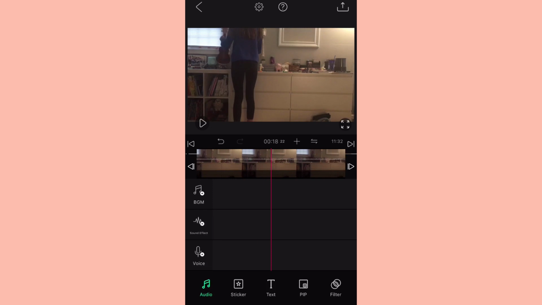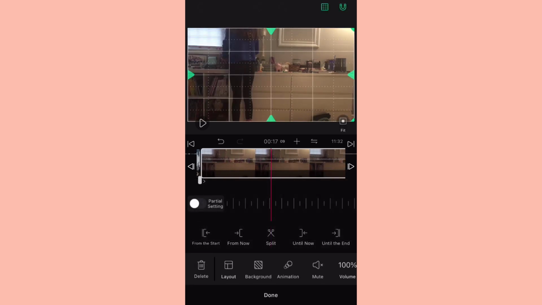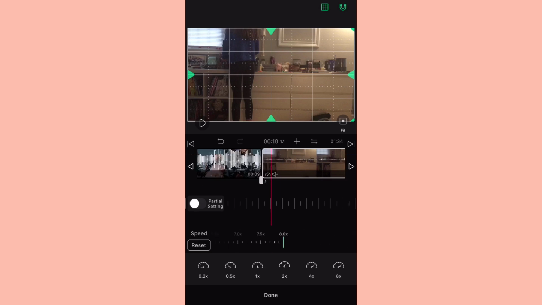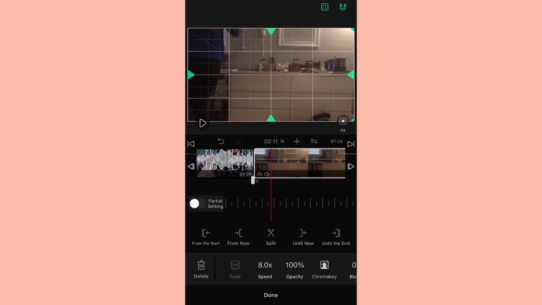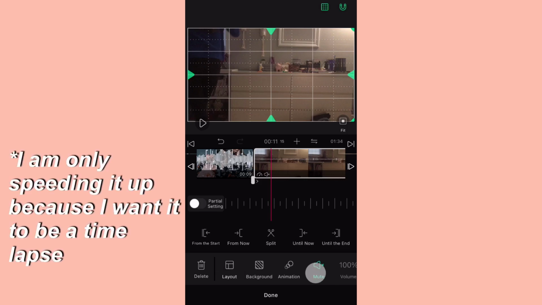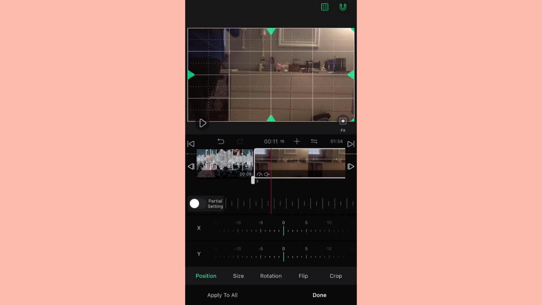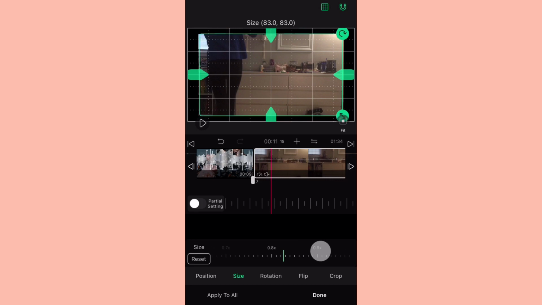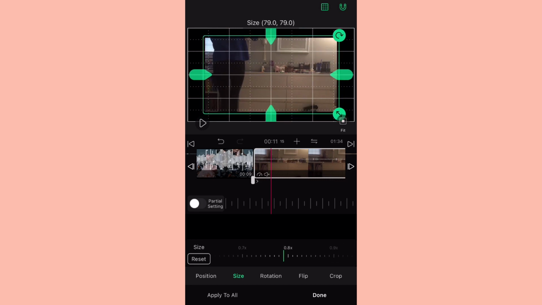So there it is, and I'm going to make this a lot shorter because it's really long. I'm just going to hit the mute button right away, so you can't hear any noises that might be coming from it, and I'm going to change the speed all the way up to 8, so it goes a lot faster, obviously. Then I'm going to adjust the size and make it a little smaller than the actual